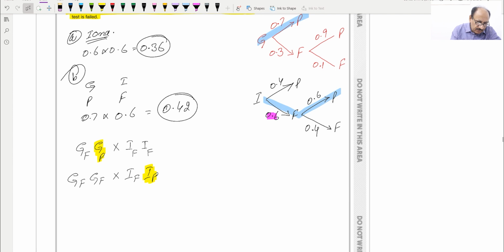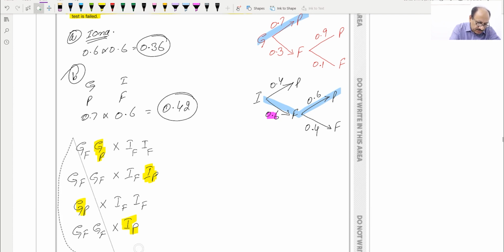If Gina is passing in her first attempt, this will be passing, and Eona will be failing in both attempts because one of them is passing, so this is failing. And the last one can be, this is passed, and Gina is failing both attempts, but Eona is passing her first attempt. So this will be the pass option we will be considering. So these are the four options we will be considering,